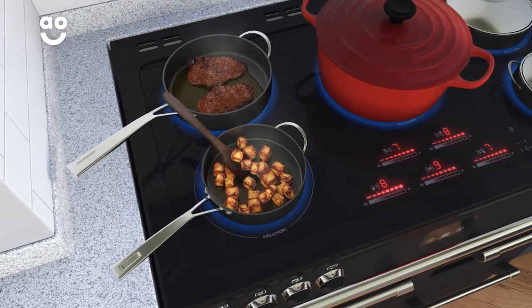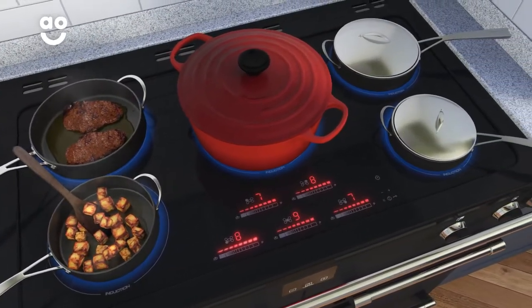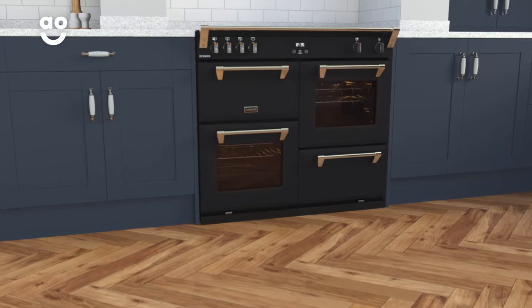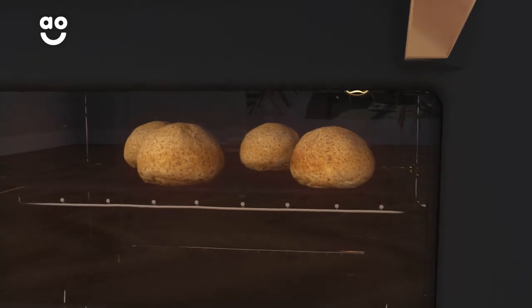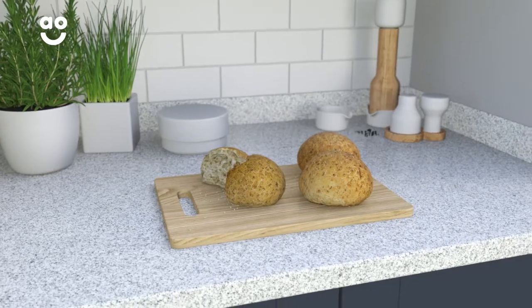There are 5 cooking zones on the hob, ranging from 4 different sizes. This is great when you want several pans bubbling away at the same time. The main oven in this model is multifunctional, giving you greater flexibility in the kitchen. With a simple twist of the dial, you can select one of the functions. So, whether you choose intensive bake for crispy bread or slow cook for a delicious stew, you'll always get perfect